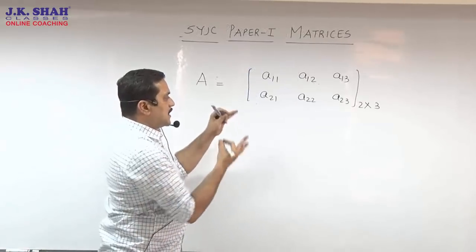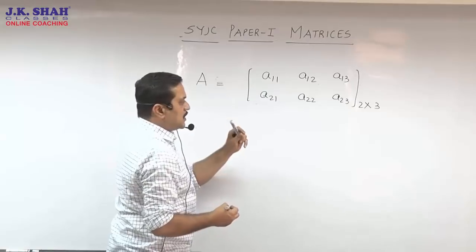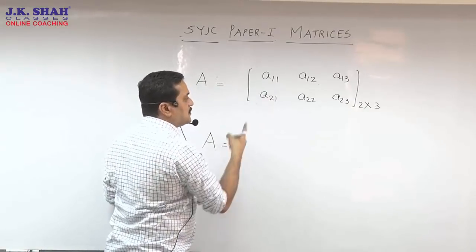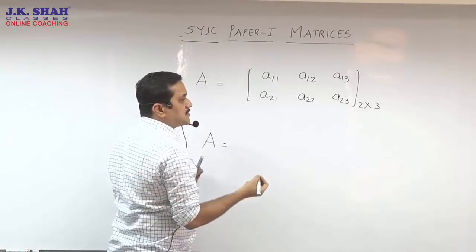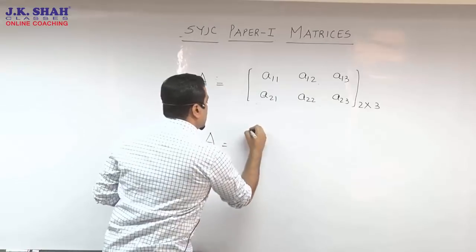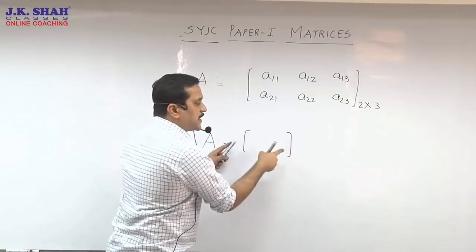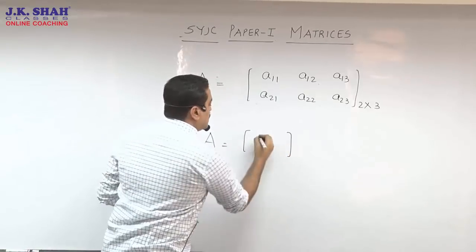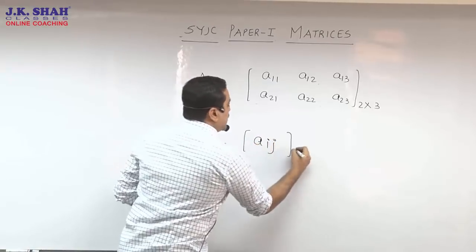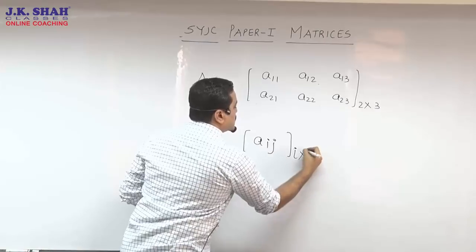Once again, going back to the first matrix that I had shown you earlier, the same thing we can write. This is the expanded version. If you want to write it in the compact version, sometimes they do happen to give the question in that form. So we write it this way. The bracket indicates the matrix, and inside I write Aij. A indicates the element, and this is i cross j, the size of the matrix.